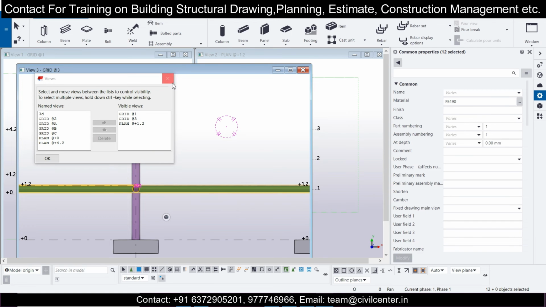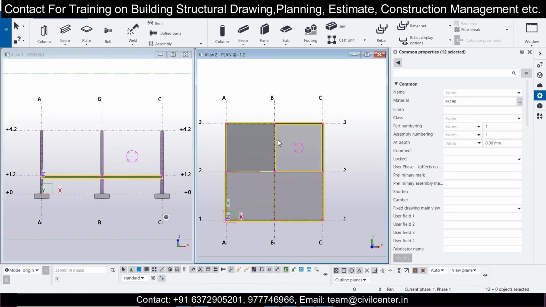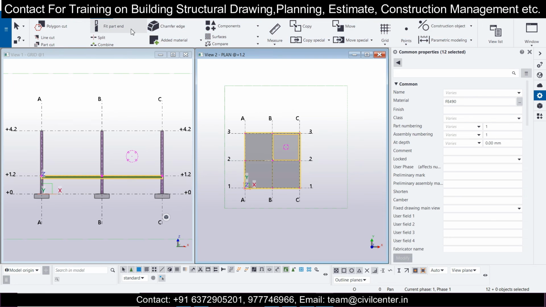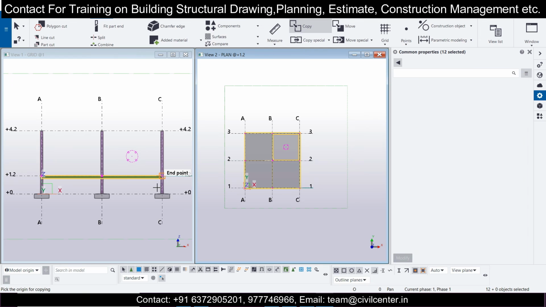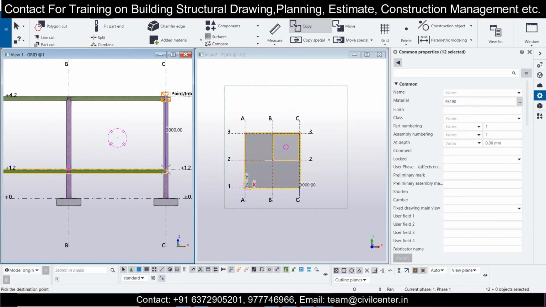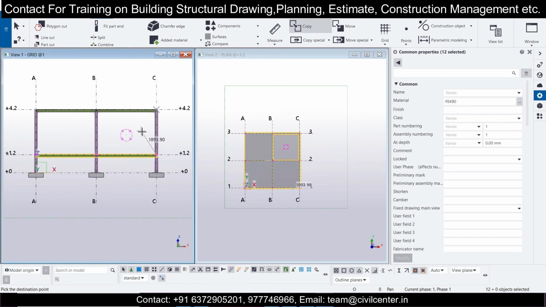So I hope this is selected now, and yeah, this is selected now. Now what we can do is go to edit, and we'll have this option of copy. From this endpoint, I'm just going to copy this. So everything is copied here.